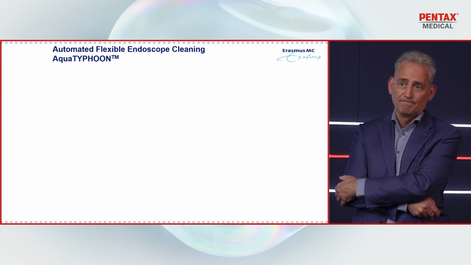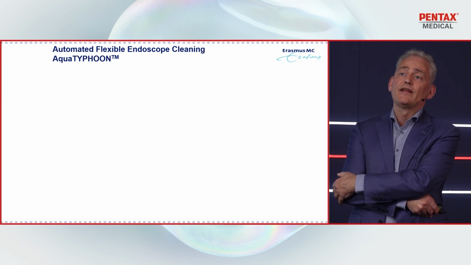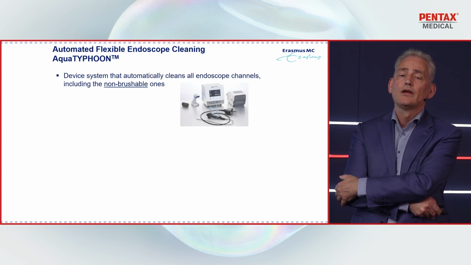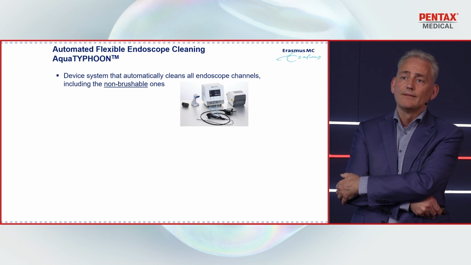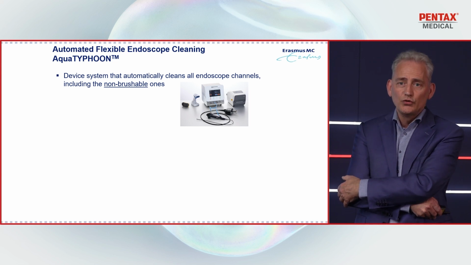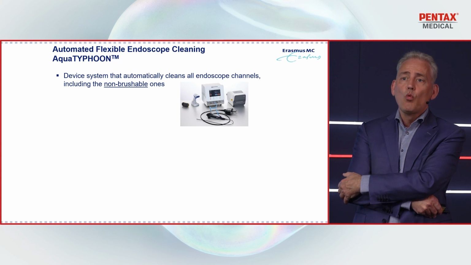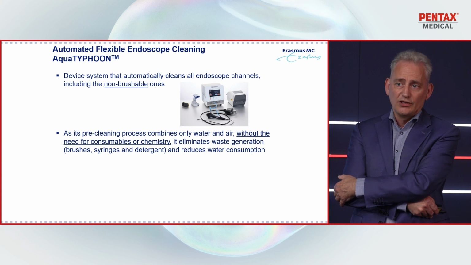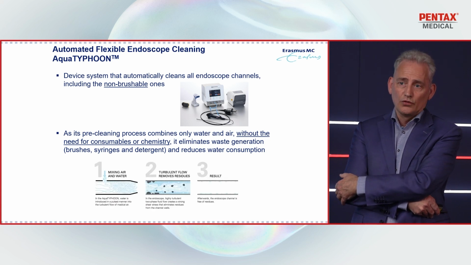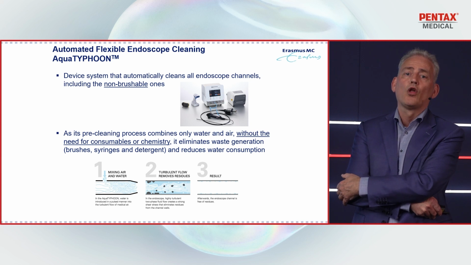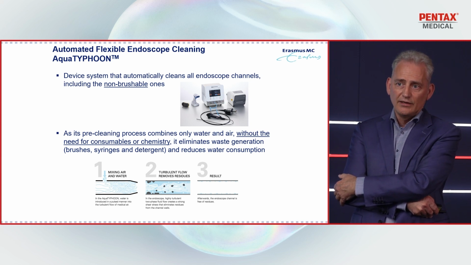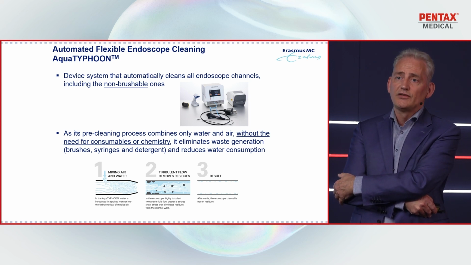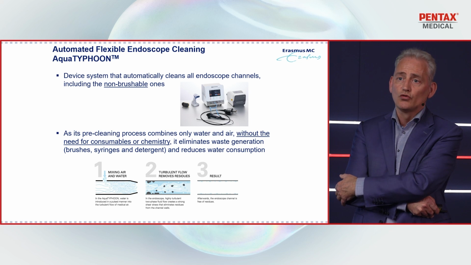There's another interesting advancement of this type of automated cleaning, which is the Aqua Typhoon, which has the advantage that it is not using any brushes. So there is no waste with regard to brushes. And also the pre-cleaning process only contains water and air without the need for consumables of chemistry. And this turbulent flow of water and air then is cleaning the working channels of the scope. This needs to be proven with scientific material, but it is a very interesting advancement of trying to control the